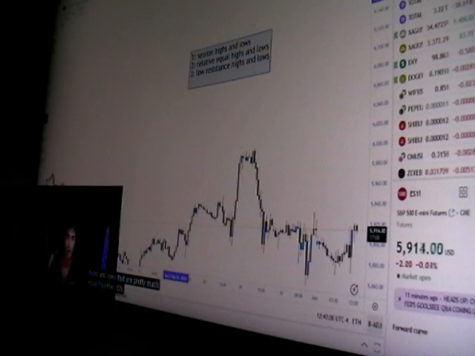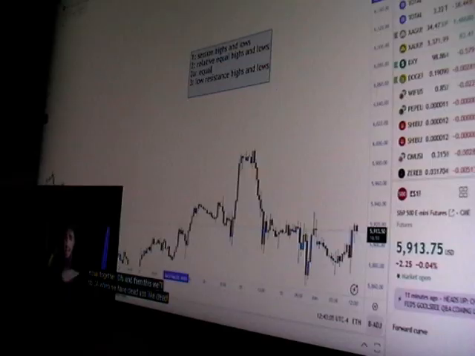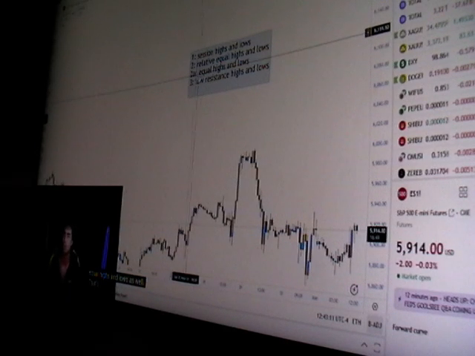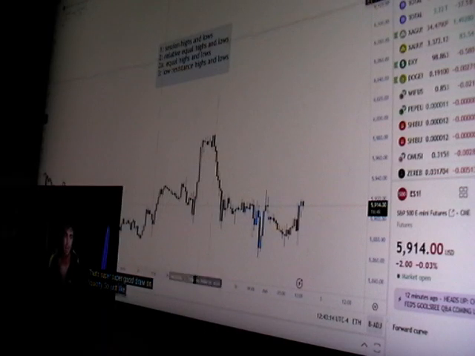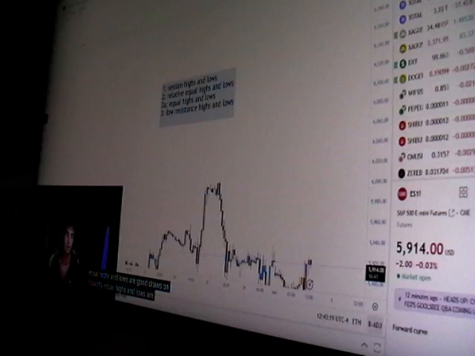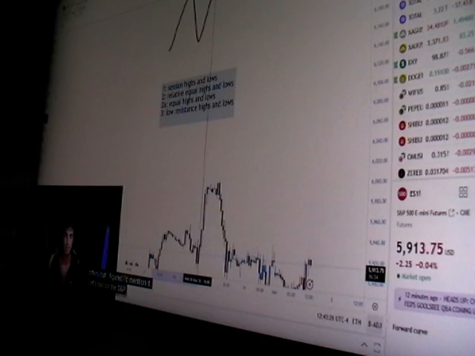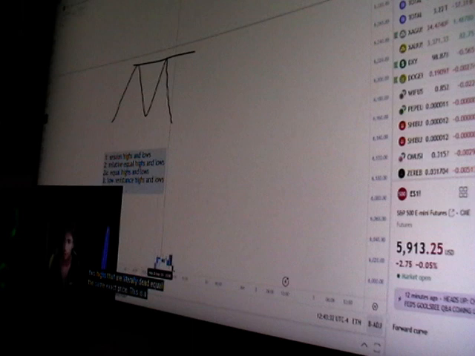Why? Because there's a whole bunch of buy orders and sell orders when there's highs and lows that are pretty much equal together. Oh, and then this will do two. When we have dead equal highs and lows as well, that's a super good draw on liquidity. So just like how relative equal highs and lows are good draws on liquidity, equal highs and lows are just as good, if not better. So let's say, and again, this doesn't happen too often, but I figured I'd mention it, on the S&P 500 we have two highs that are literally dead equal, the same exact price. This is a super good draw on liquidity.